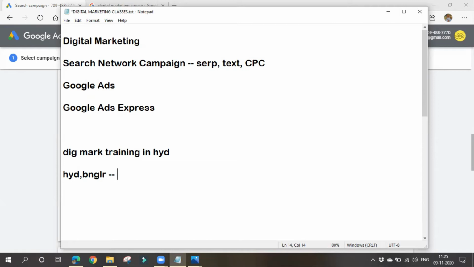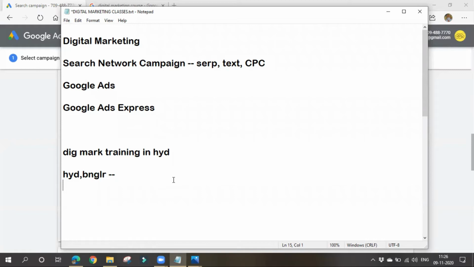Also, your ad will not be shown to people who are searching for your business but are not in those locations. For example, I'm from Chennai and I'm searching for digital marketing training in Hyderabad. As I am in Chennai, I am not present in the targeted location, so the ad will not be shown to me. Got my point?